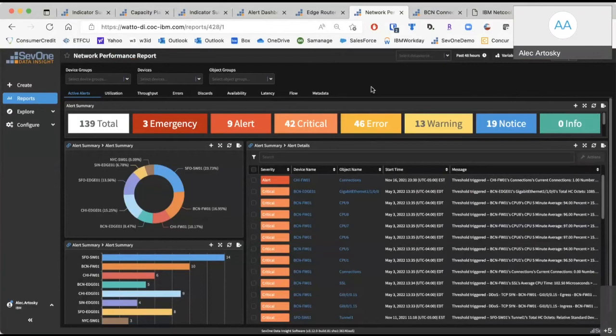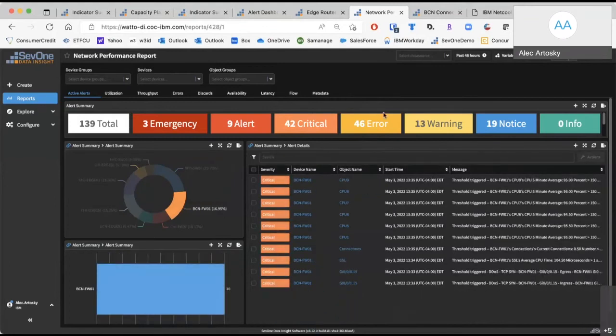If you look at this page here, what you'll notice is that this is just an overarching view of the issues that we have inside our network at the moment. It breaks it down by the severity, the number of alerts, the actual alerts themselves. In our case here, we're really interested in these Barcelona type alerts. They're what's kicking up in our use case here. One of the things that we can highlight is the ability to isolate individual alerts inside the system. If I select our Barcelona firewall, you'll notice that I've isolated just those individual devices and the alerts associated with them.